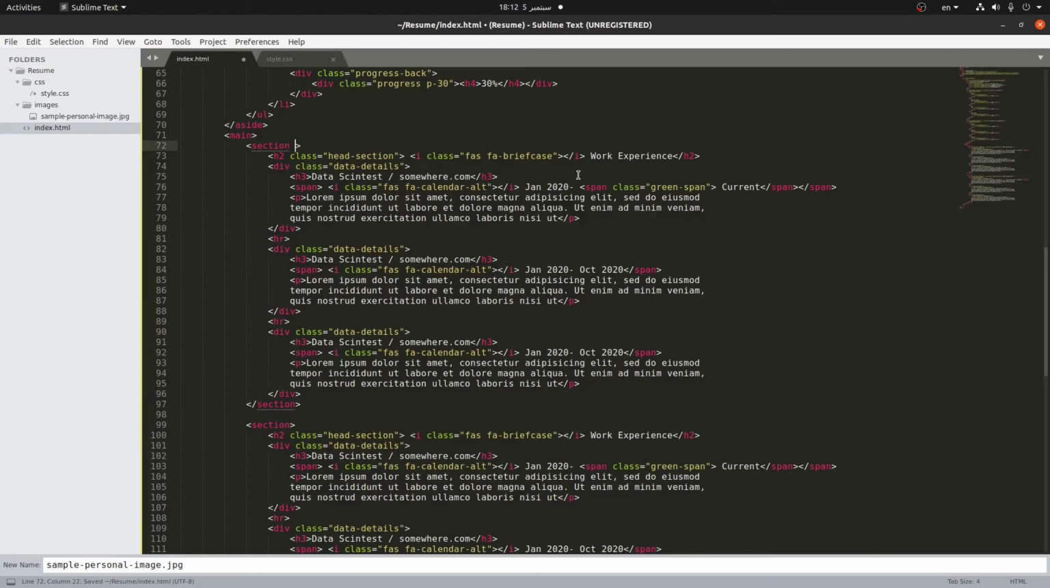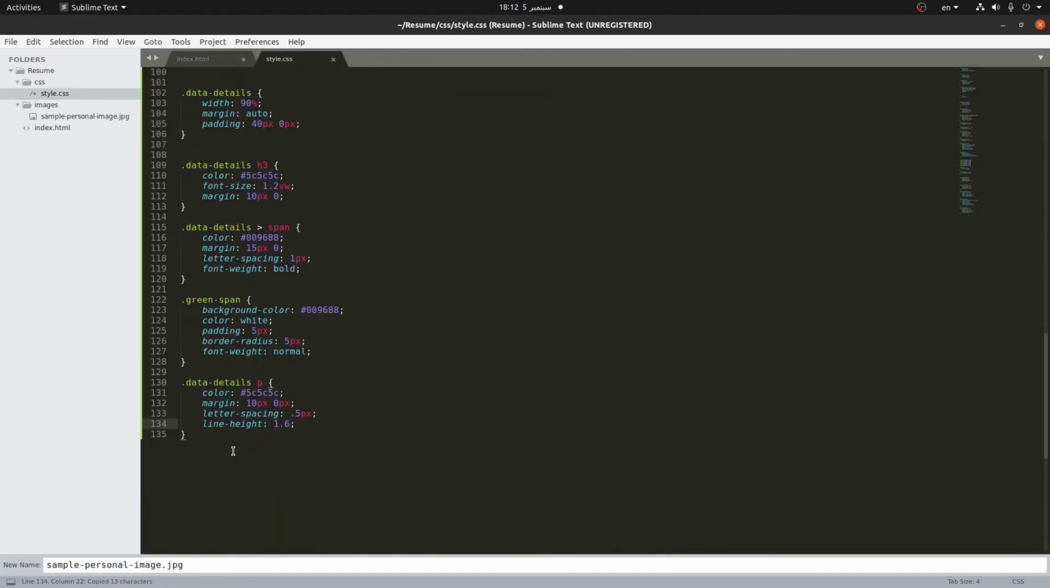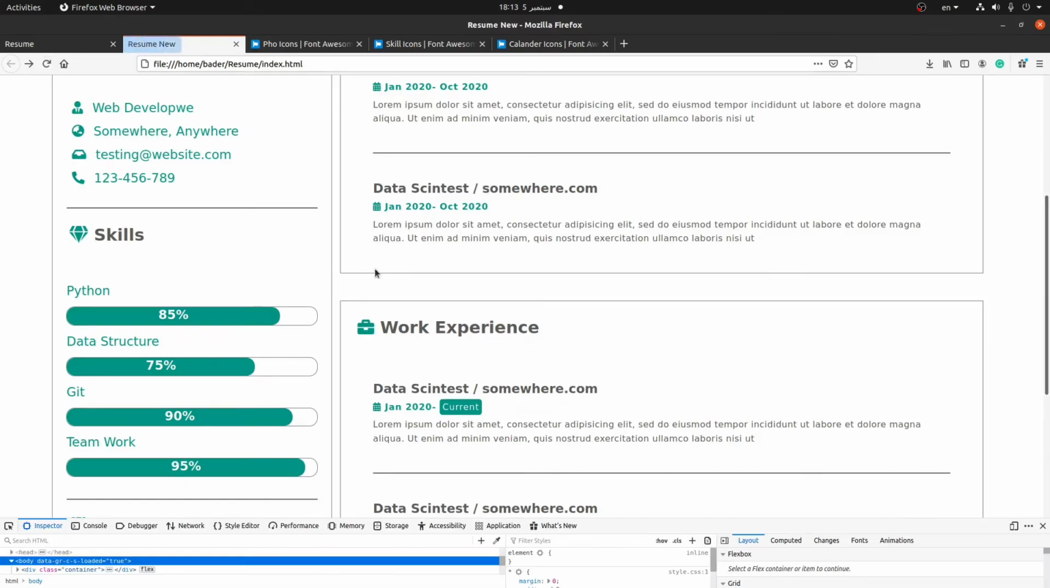an ID of first section. Margin bottom, because this margin is only going to be applied to the bottom, 50 pixels, and voila, we have